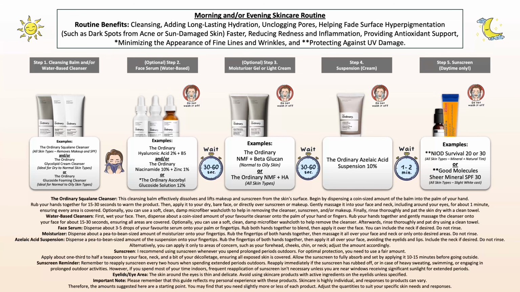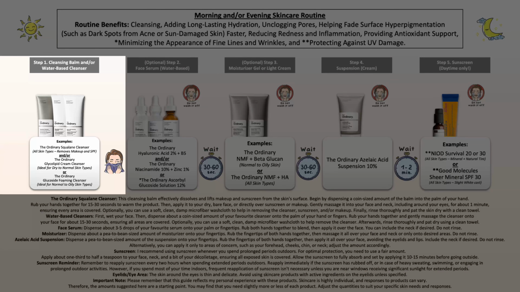However, in case you have other products from The Ordinary at home, or you want to see other great combinations that you can create with them, then I've got you covered. Now this could be a morning and/or evening skincare routine. The first step is going to be cleansing your face. Make sure that you choose a cleanser that's suitable for your skin type and needs. If you do this in the evening and you're someone who likes to wear makeup or sunscreen, consider using The Ordinary Squalane Cleanser as the first step to effectively and gently remove it. After cleansing, pat the skin dry.